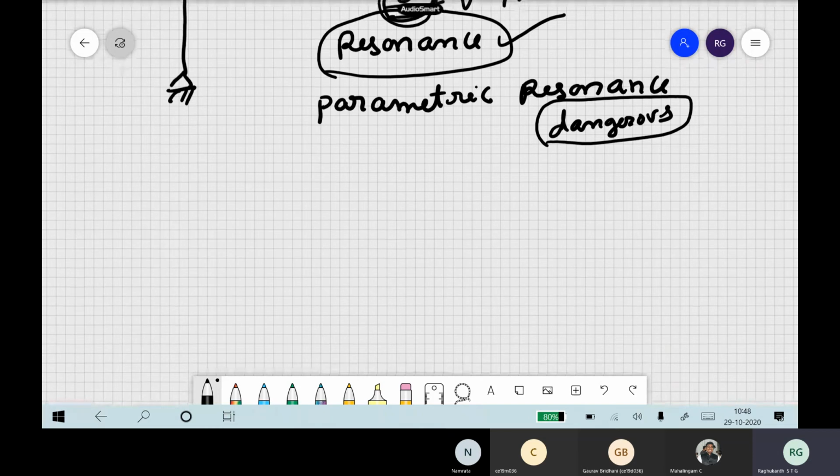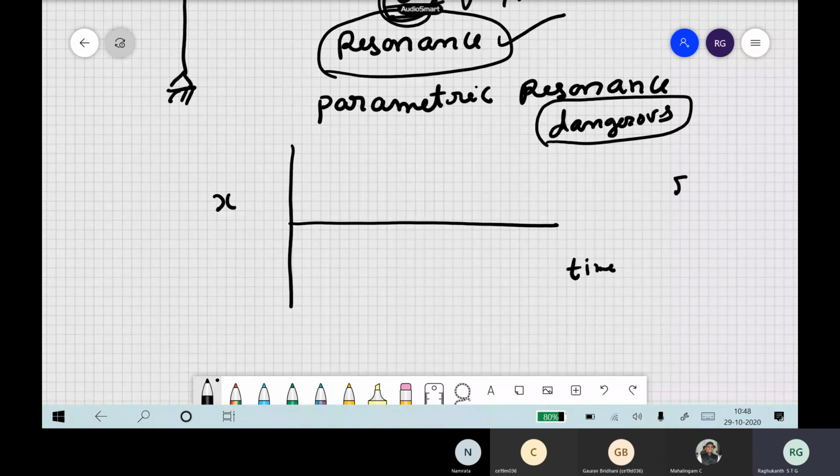Now resonance, you remember in a single degree of freedom system how the solution grows? x versus time at resonance. That is, the load frequency is the same as the system's natural frequency. How will x be as a function of time, how does the solution grow? Anybody remember? In dynamics you would have done it: when omega is equal to omega r, what will be the x? How does the response look at resonance?